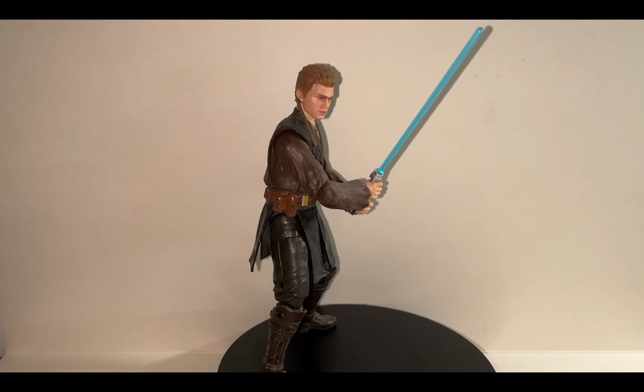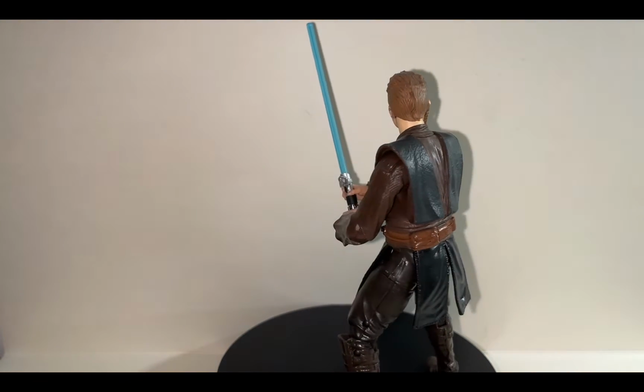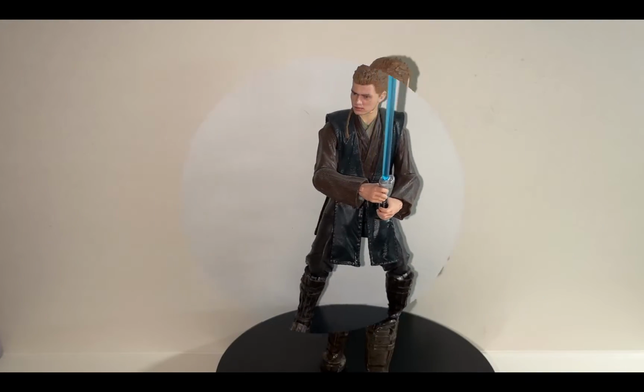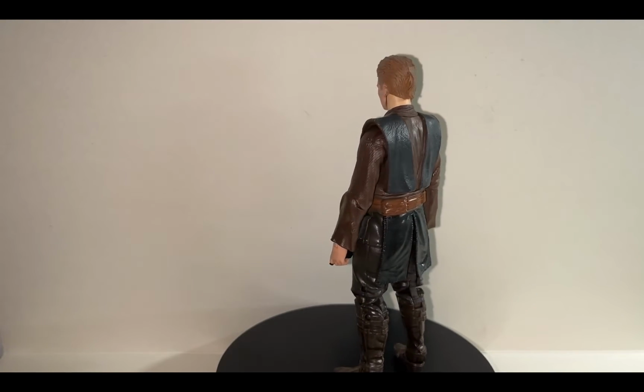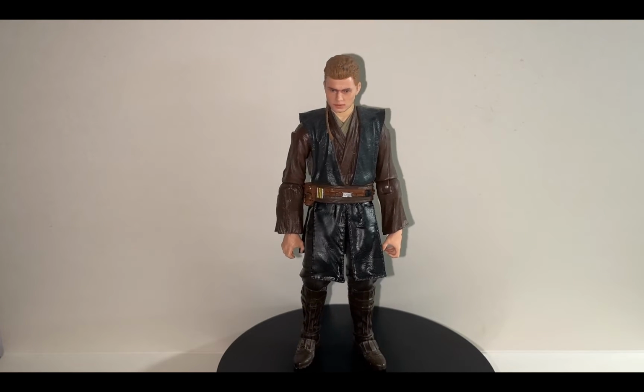Today's review, we're going to be taking a look at the Hasbro Star Wars The Black Series Episode 2 Attack of the Clones Padawan Anakin Skywalker action figure. And here we have the figure standing straight out of the box without any crazy poses or accessories. My first impressions,